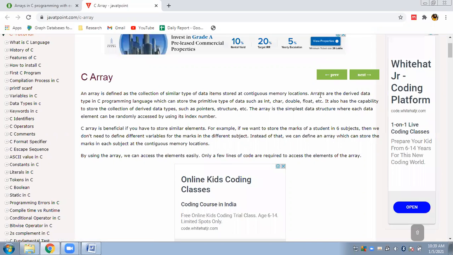Okay, these are derived from the basic data types. So an array will store a list of values of the basic data types. That is why they are known as derived data types. Arrays are a derived data type in the C programming language which can store the primitive type of data